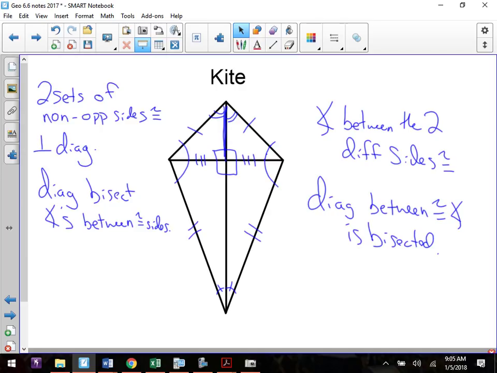The kites, for being just something not too crazy, they have a lot of properties. And what was weird when I was looking at the stuff that's in this textbook is that the textbook doesn't go through and list out all of these properties. The textbook is making the assumption that you guys remember everything about congruent triangles and isosceles triangles to come up with these rules. So that's why I wanted to make sure I wrote these out for you so you can see it. Another way to think of it is if you get a good picture of it,